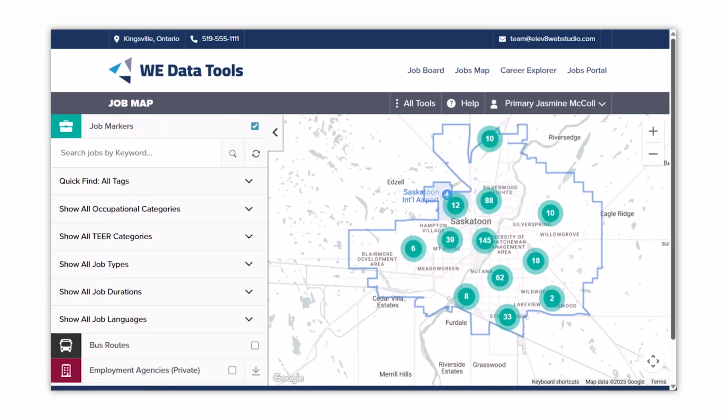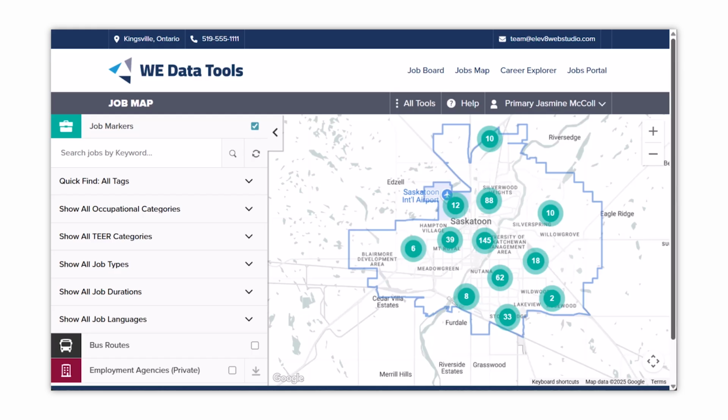A blue border will mark the boundaries of the area you are searching. Job posts will appear as bubbles. They are geocoded in the back end of our system to the address provided in the job post, or if none is provided, will default to either the company's listed address, the geographic center of the region, or closest approximation based on the information included in the job post.